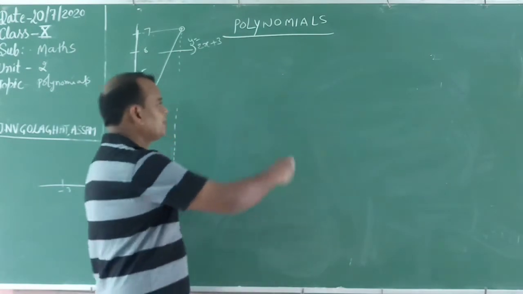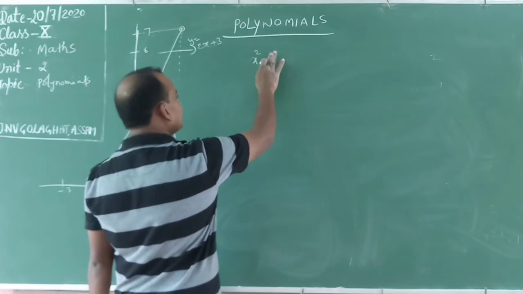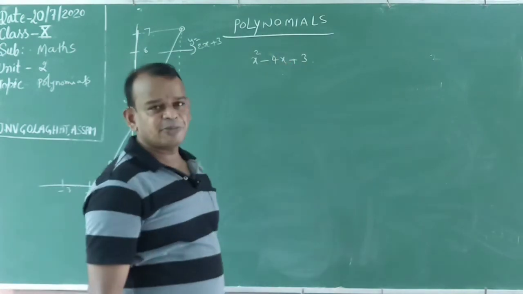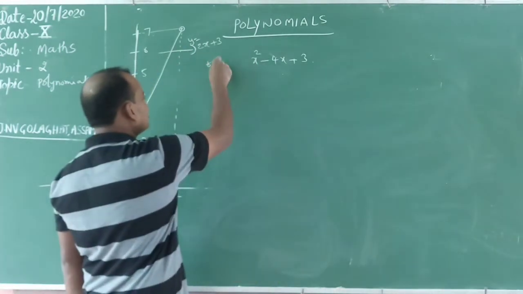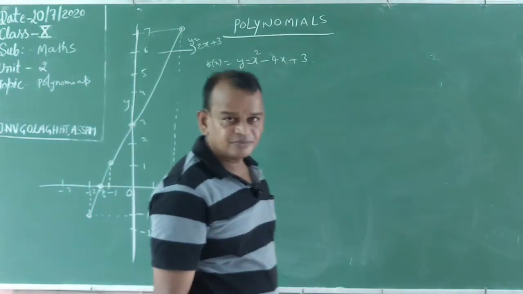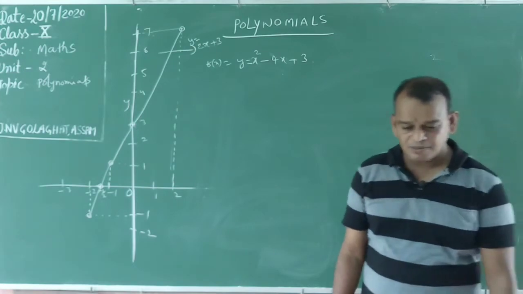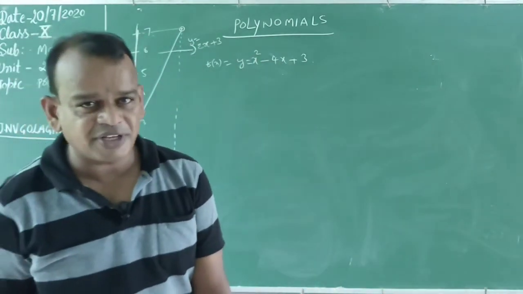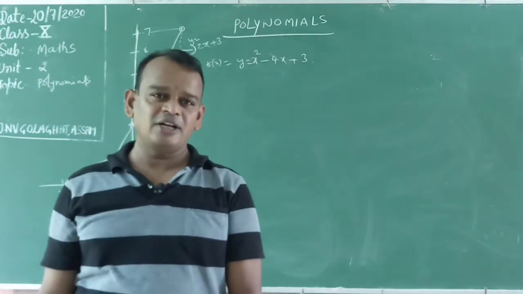Now we will take, for suppose, x square minus 4x plus 3. x square minus 4x plus 3. This is f of x, meaning y. First we need to know how to factorize that one. You know very well, x square means the degree is 2. Before, with x power 1, only one value of x makes it 0. With x power 2, it will be 0 for 2 values.